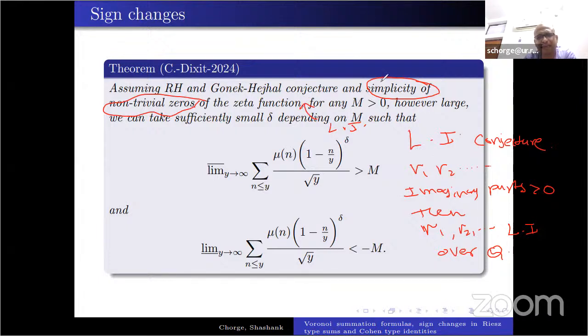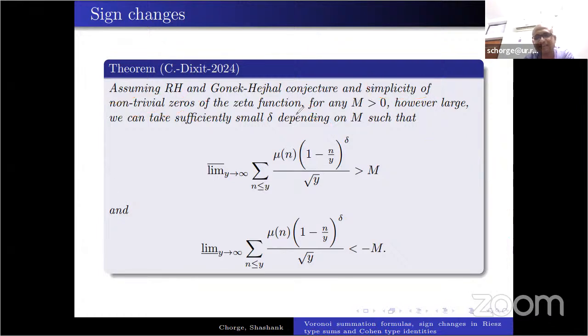So okay, most of the things I cleared except what is the Gonek-Hejhal conjecture. The Gonek-Hejhal conjecture is something I did not mention because the rest of the conjectures are pretty well known, whether it's RH, simplicity, or even linear independence, they are well accepted. But what is the Gonek-Hejhal conjecture? So this conjecture states that